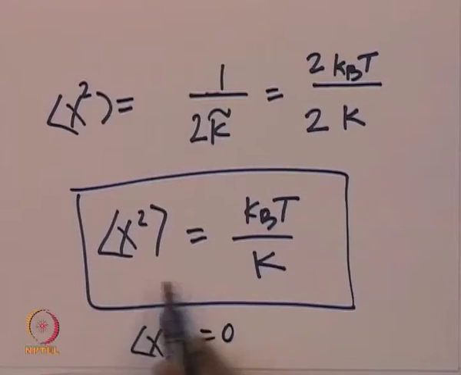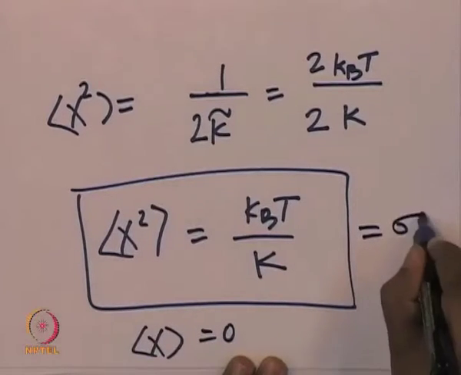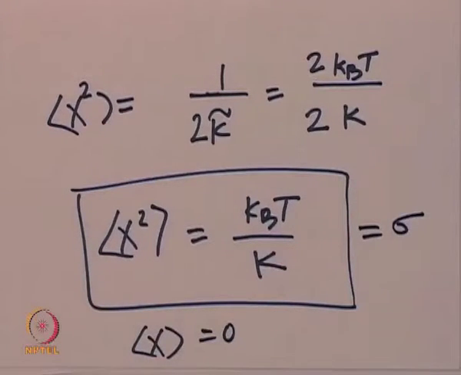So, the standard deviation is nothing but the x² average. We have the x² average equal to k_B T by k. This is an interesting quantity that we can calculate: how much the protein will fluctuate, because the whole fluctuation is due to heating by water, and it is statistical. We have to calculate quantities that are statistical in nature, like the x² average and the standard deviation sigma.